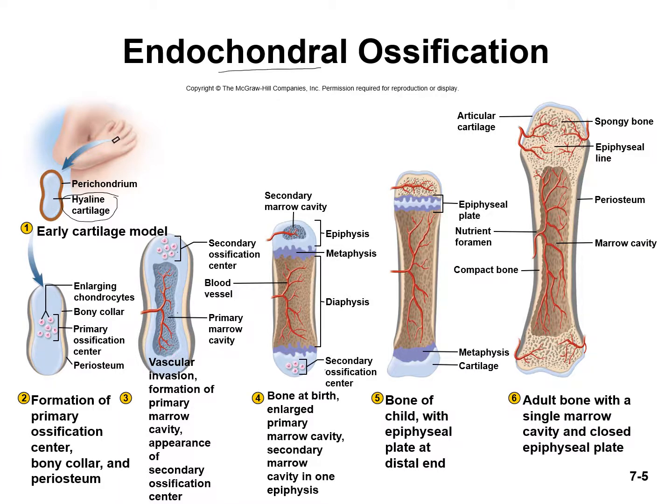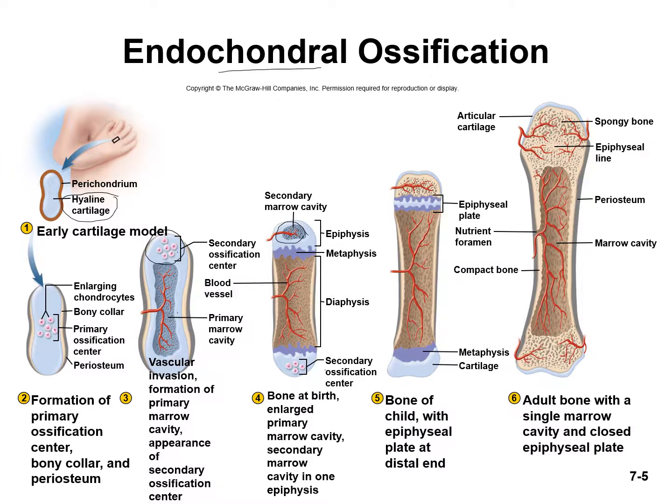So we have blood vessels infiltrating into this marrow cavity. And then the appearance of a secondary ossification center. So right up here, secondary ossification center. Fourth, we have basically the state of the bone at birth with an enlarged primary marrow cavity, a secondary marrow cavity in one epiphysis. Remember that the epiphysis is the enlarged end of a long bone, and right here it's